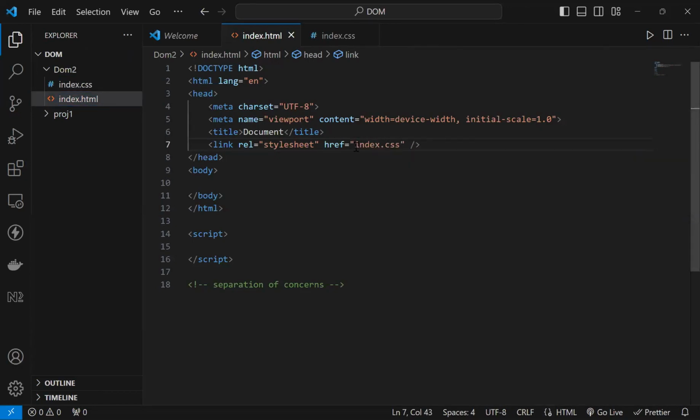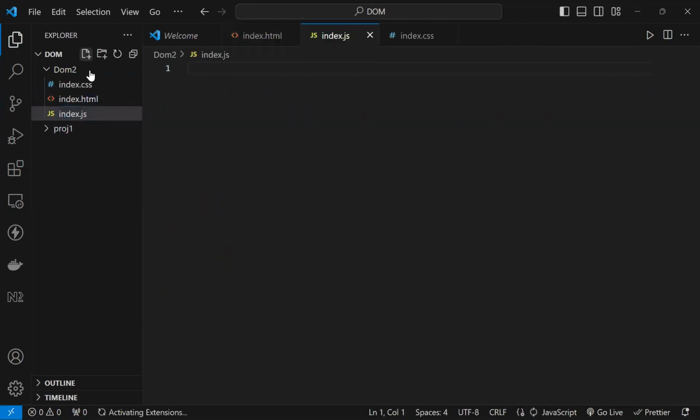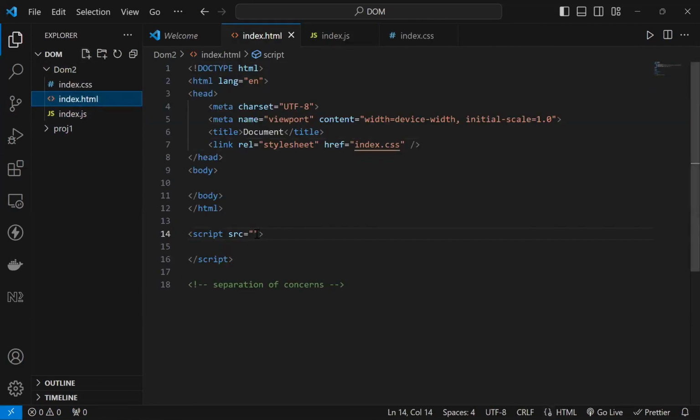Same way, if you want to hook a script in this HTML, all you have to do is visit this script tag and write src. That's pretty much it. In src we'll have to import, so let me create an index.js file, and we'll get that JS file in here. So index.js. Now if I go live